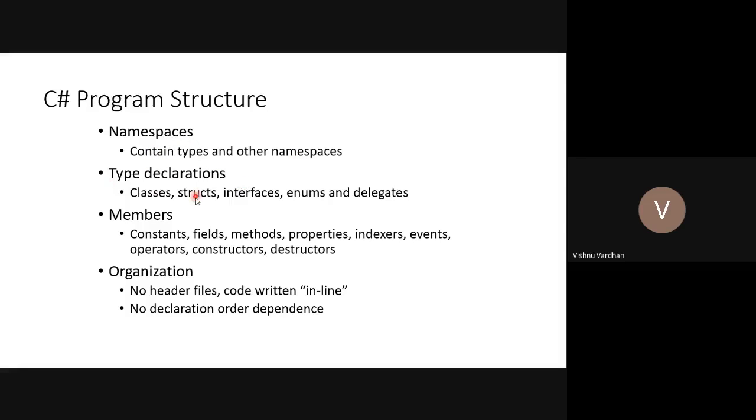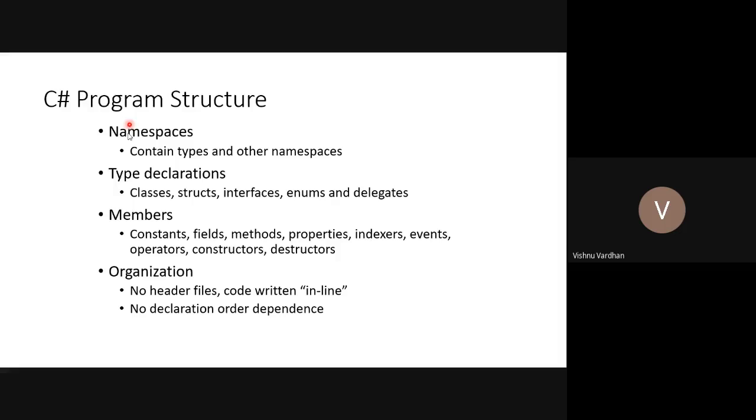Then type declarations: classes, structs, interfaces, enums, delegates. Only delegates you might not know; we will come to know at the end of this PPT. Classes and structs you already know, interfaces where they have to be used, and enums. All these are type declarations you have to declare before creating anything in your C# programming structure.